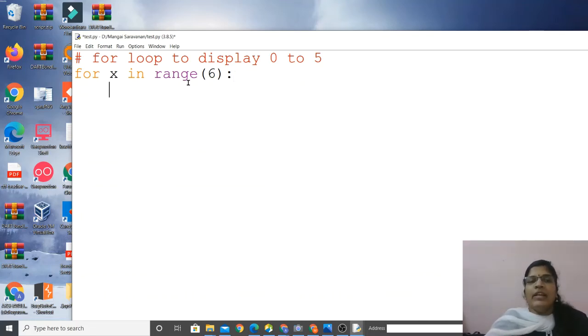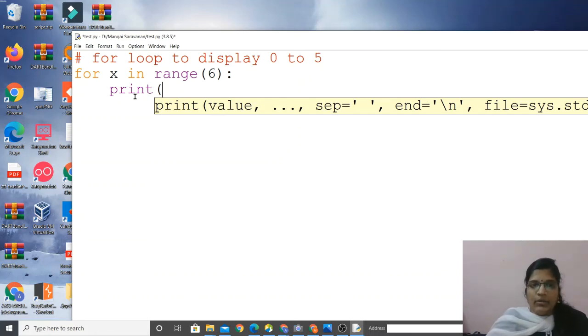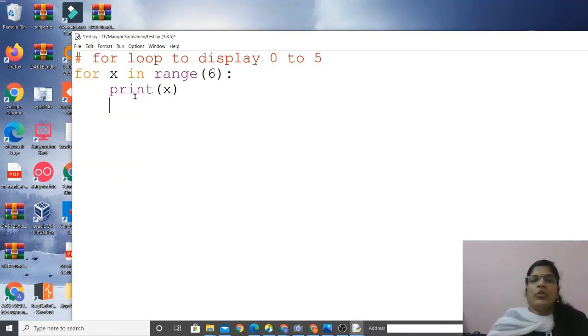Then next line, print x. Here I did not specify the starting value of x. If you are not specifying any starting value of x, then it will automatically be taken as 0. If we specify 1, then the computer will assign the value of x as 1. But here we did not do anything, so the starting value of x will be taken as 0. Now I want to print x. Print x, close it. That's all, the program is over.